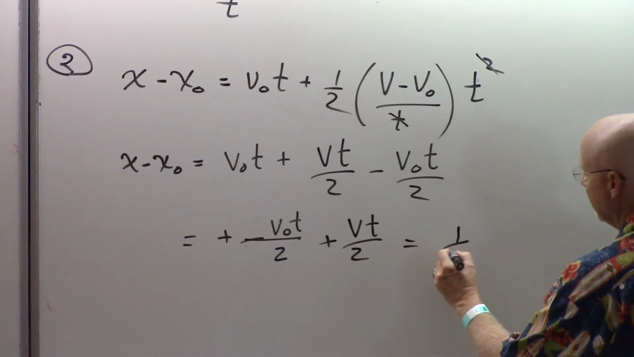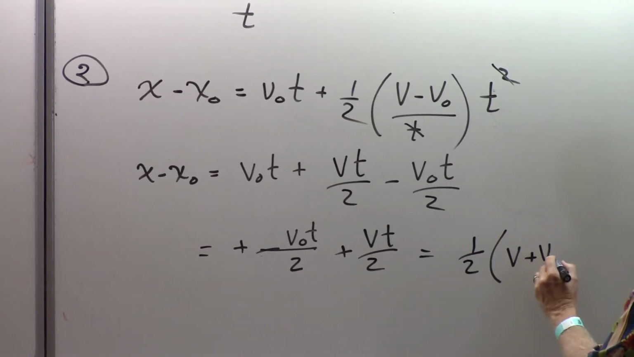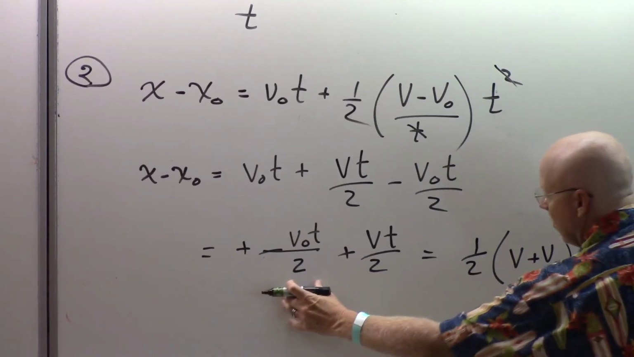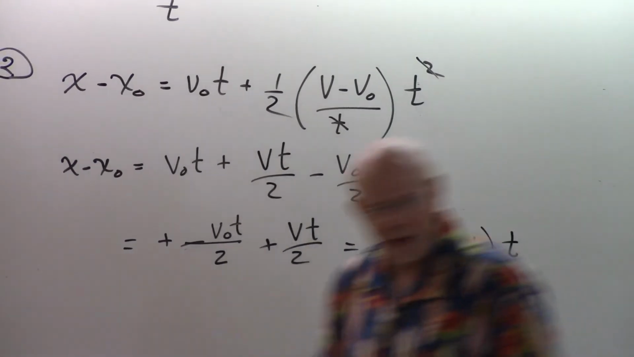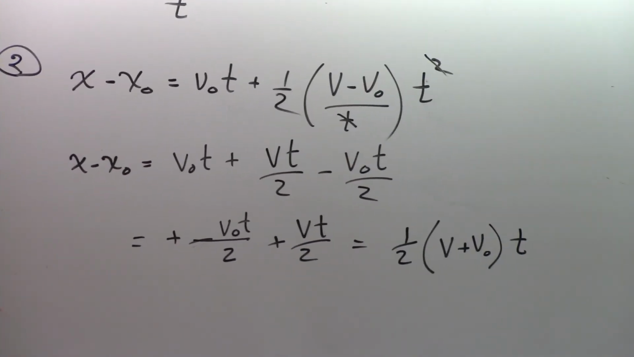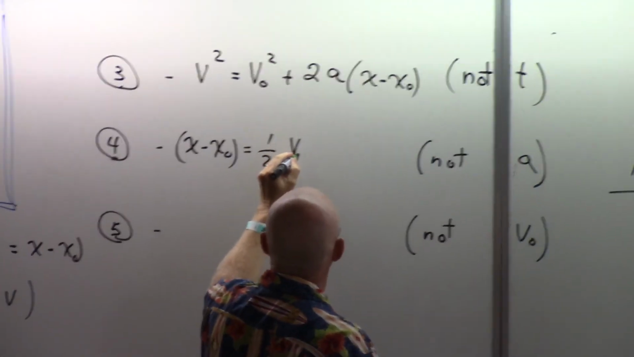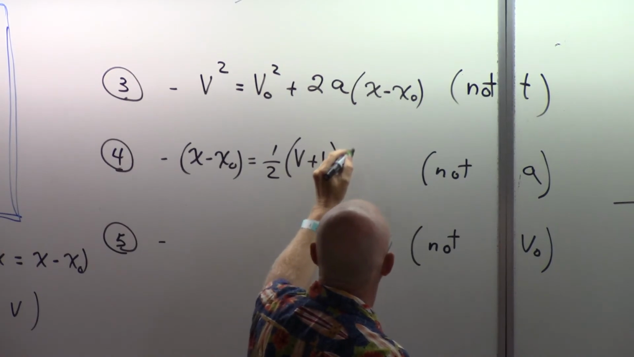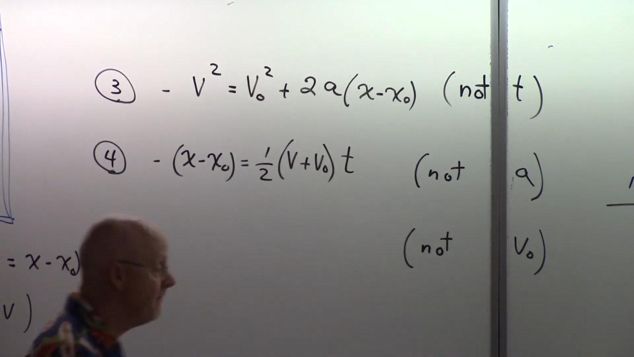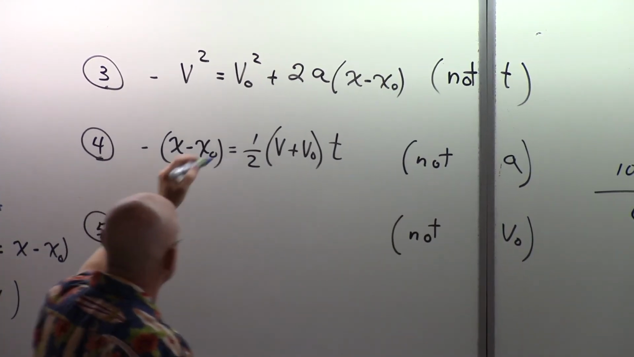And if we simplify it, which I think makes it a little bit easier to memorize, we'll factor out the 1/2. We'll also factor out the t. And so we have a nice equation that says how far does something travel is equal to 1/2 times the speeds added together, final and initial, multiplied by time. In fact, it's even easier to remember it if you do this,